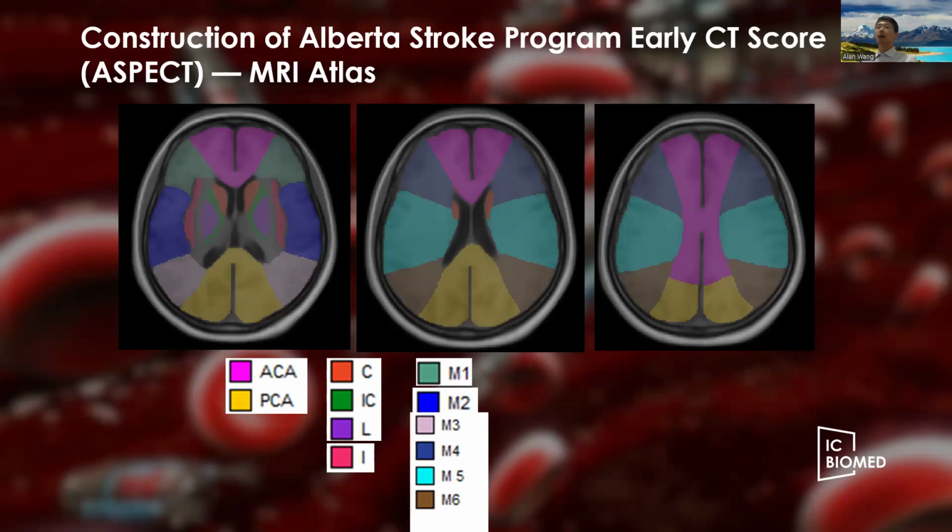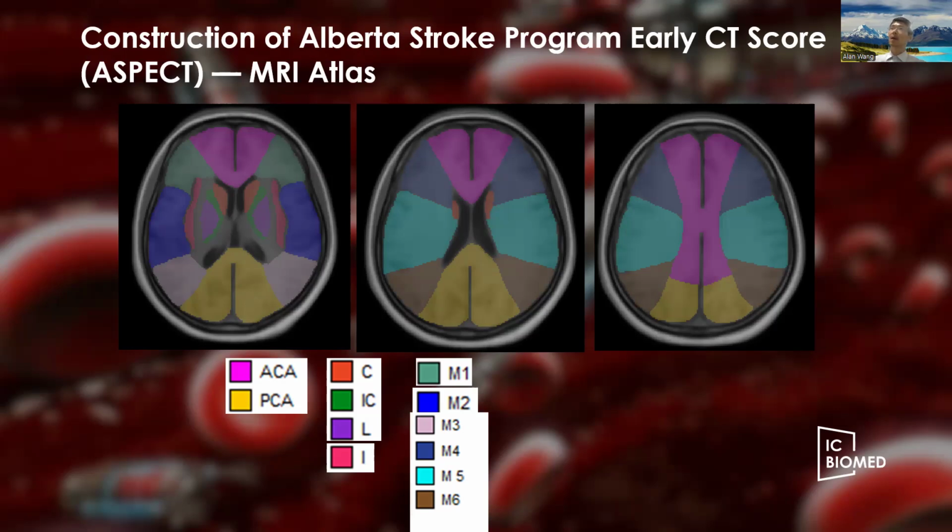For neuroimaging data analysis, based on the segmentation, we can quantify the normal brain structures. We can also quantify some lesions within the brain. The quantification could be a direct report, for example, some metrics like the volume and the diameters. If we want to incorporate prior knowledge, we can utilize some brain atlas. As shown in this slide, this is one of the atlases we constructed, which is the Alberta Stroke Program Early CT Score Atlas. Normally, we call it ASPECTS.